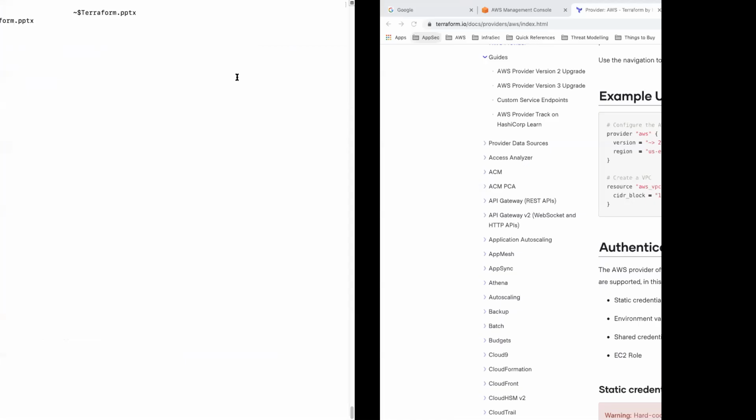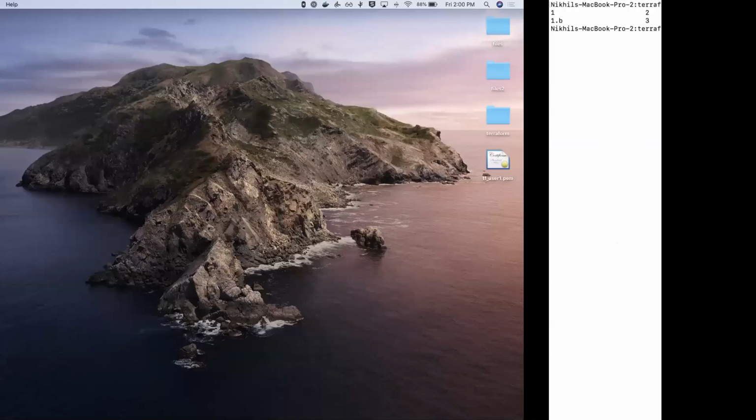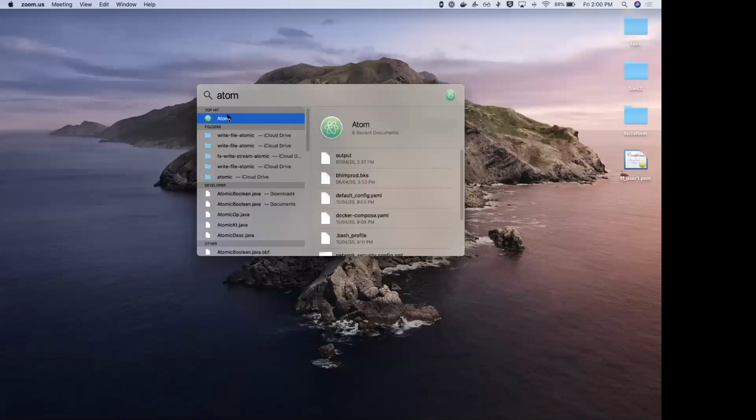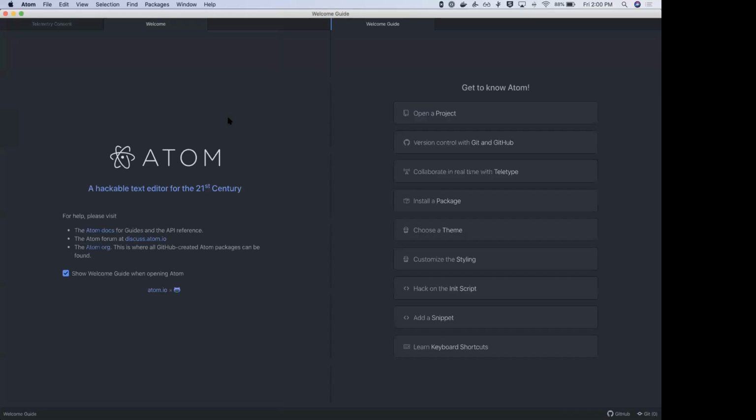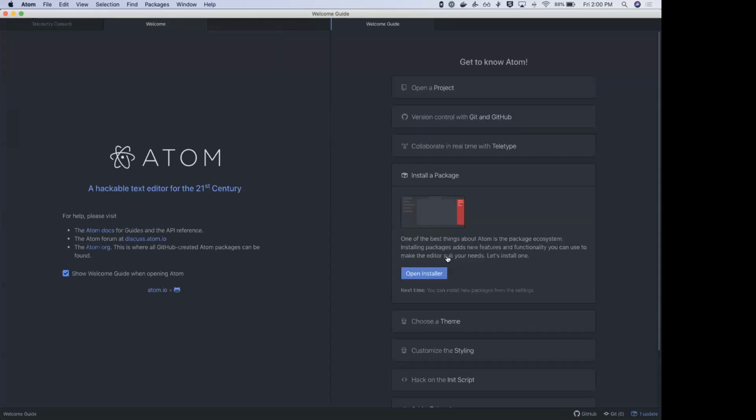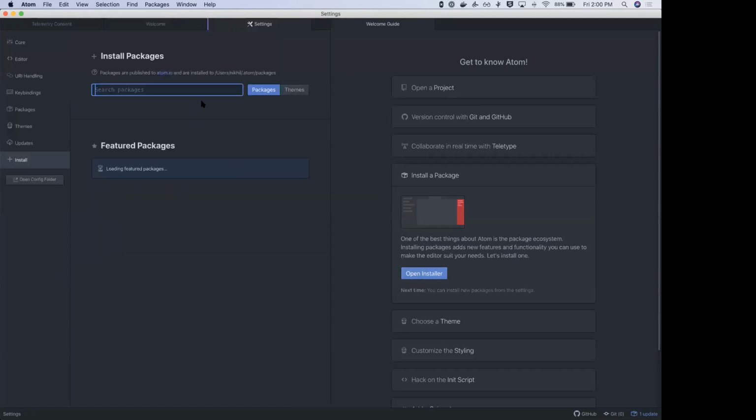Also, the IDE tool that we'll be using is called the Atom Editor. This is easily available on the internet, and you can go ahead and download it. Once you download it, you will have to install a package called language-terraform. Let's open this.